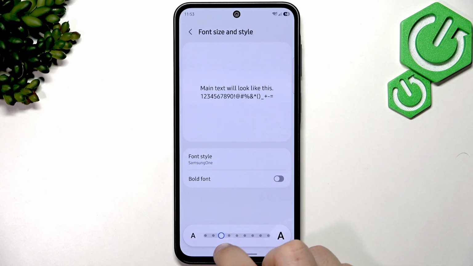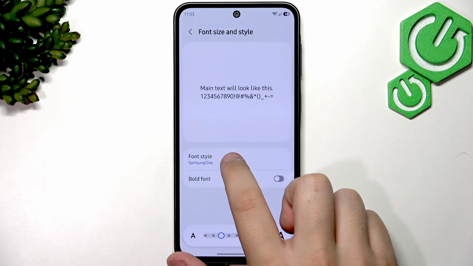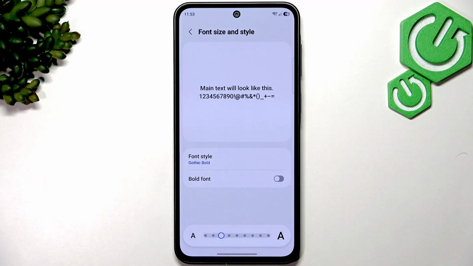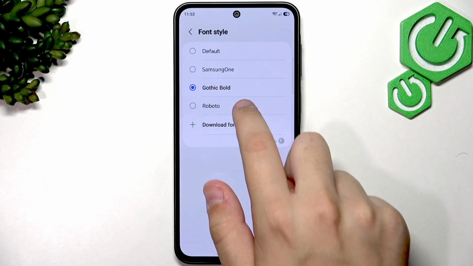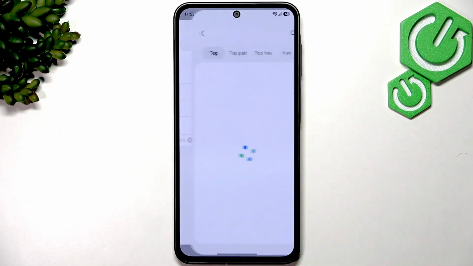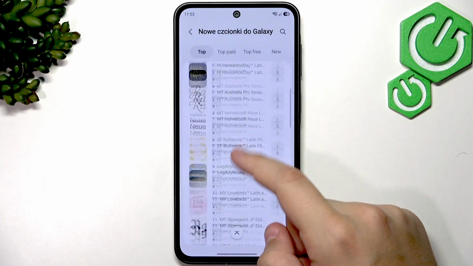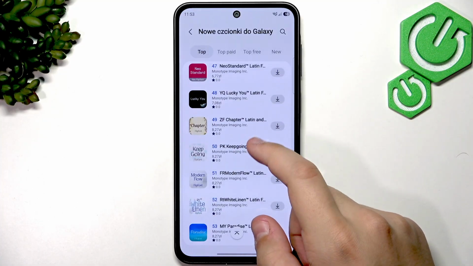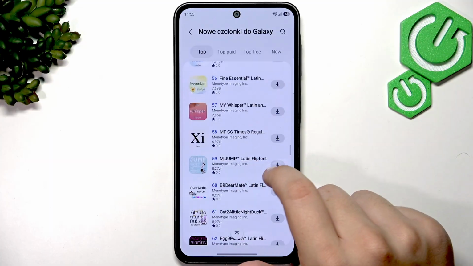We can use the Samsung one, for example. We can also change it to Gothic Bold. We can change it to Roboto. And of course we can click on download fonts. Now here we have a lot of other options. So for example, if you want to use